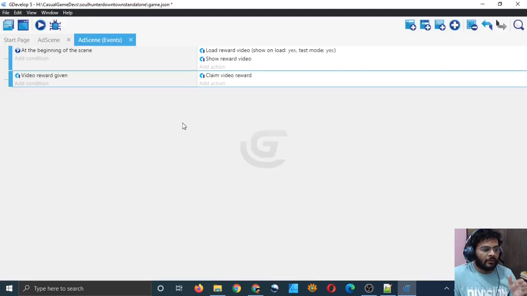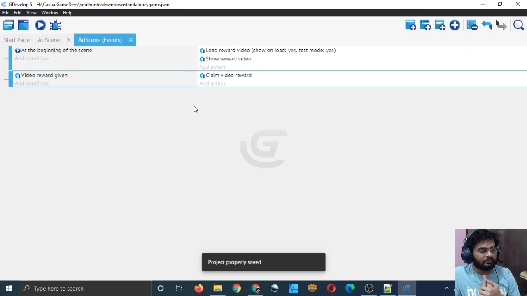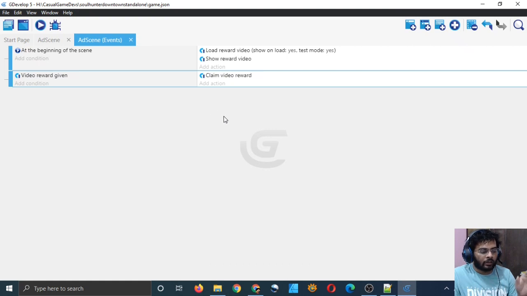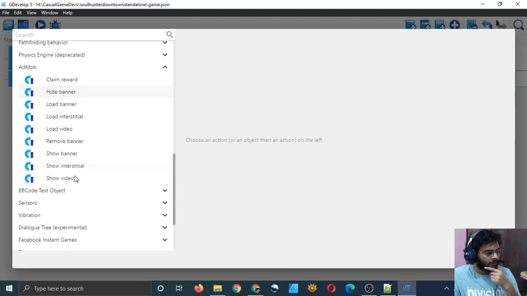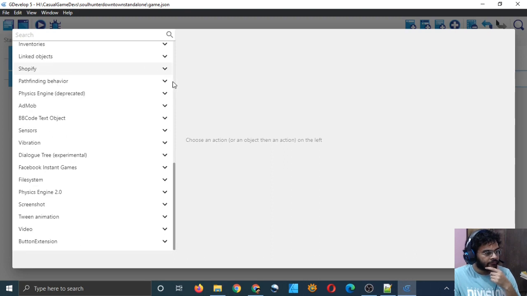But where is the reward? I mean, it should give me some value, that value which we assigned in the beginning. In the add mob panel, we had a value reward and we assigned 100 to it. But how to fetch that? Hmm, that's kind of not given here. Okay,